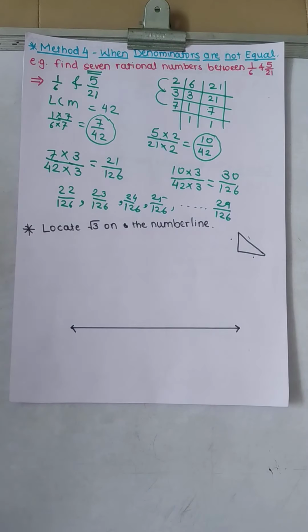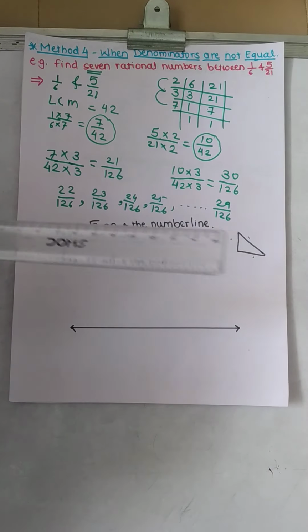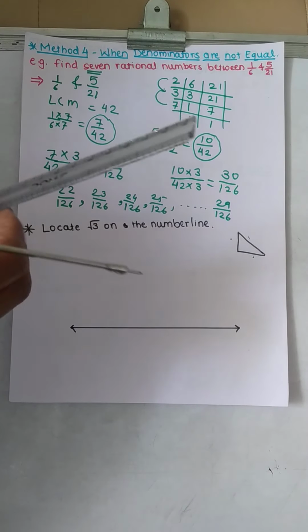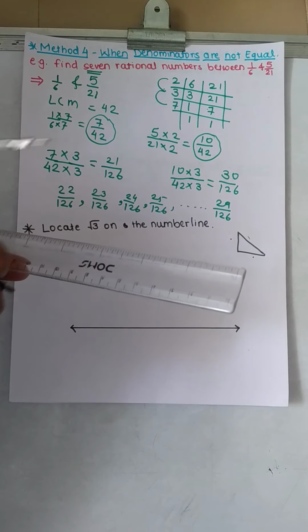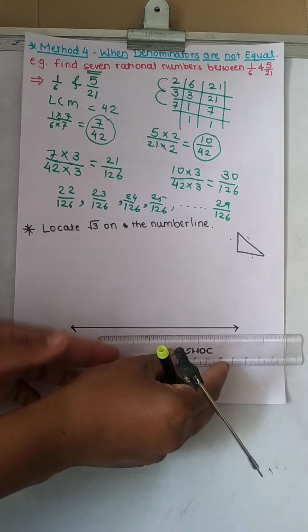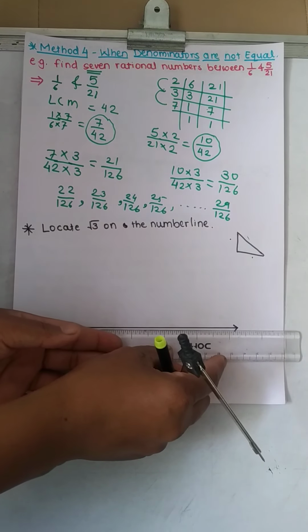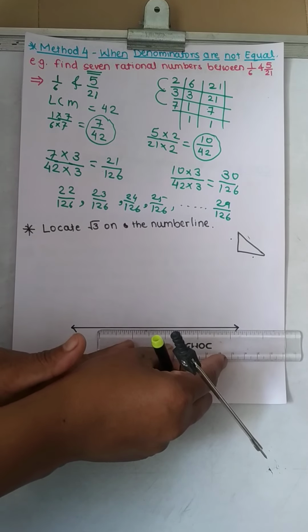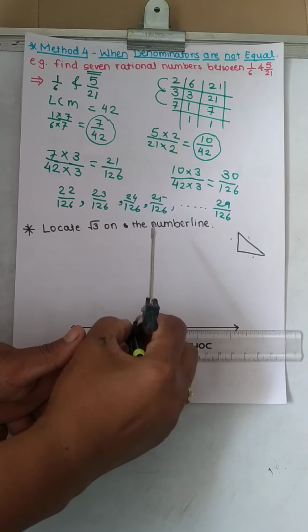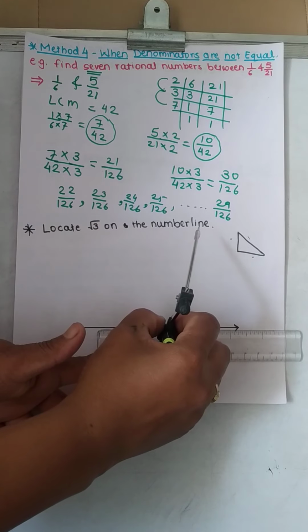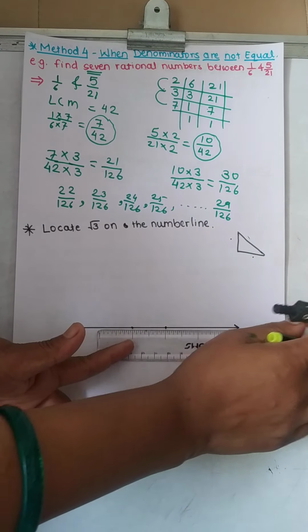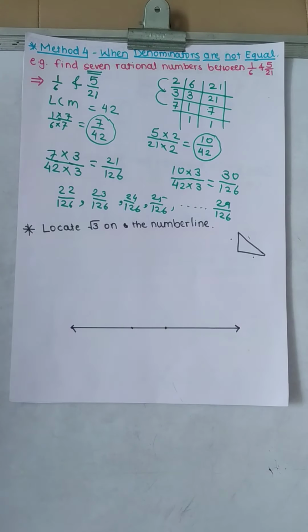And that root 3 we are going to show on a number line. For this purpose, we are going to take 1 unit over here. Now from our scale, 1 centimeter is so small, right? So you just reverse it and we have somewhat larger spaces over here, or you can take 2 centimeter equals to 1 unit, right? So I'll take here 1 unit distance taken.